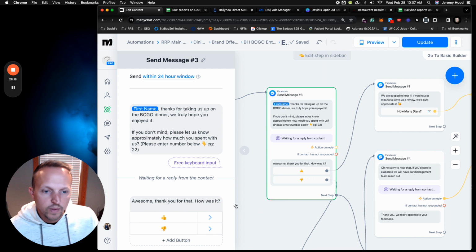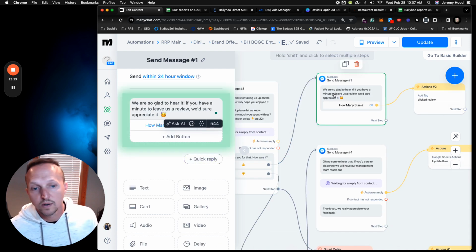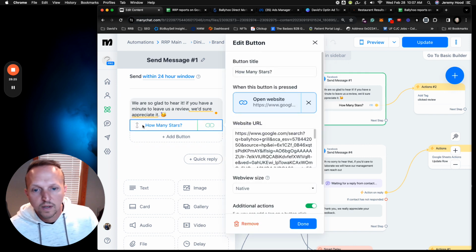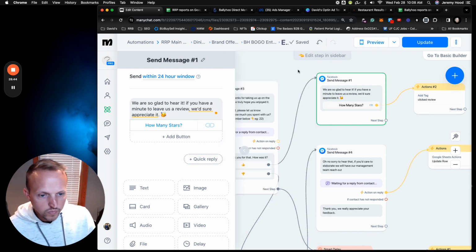And if they click on the thumbs up button, then we're going to point them towards your Google profile review. So here you'll need to copy and paste the link to your Google profile. You can change this button. We found if you just put leave a review, it doesn't get as many responses as like how many stars, or I have an opinion, something like that. And if it wasn't good,